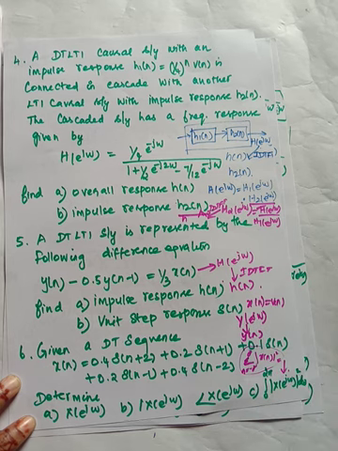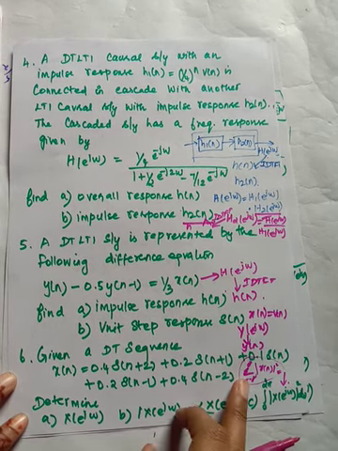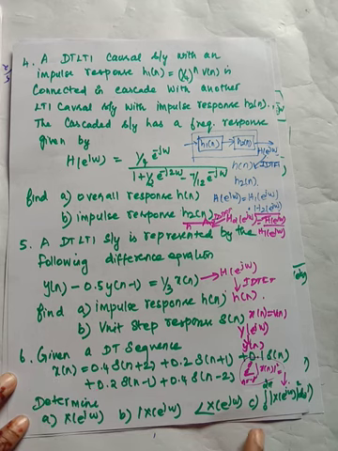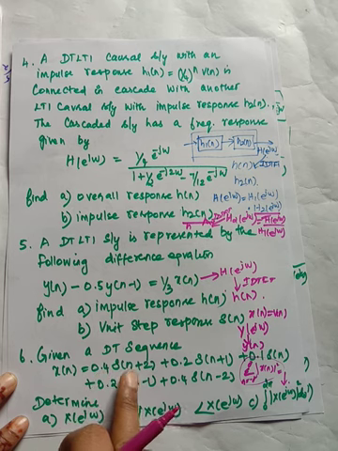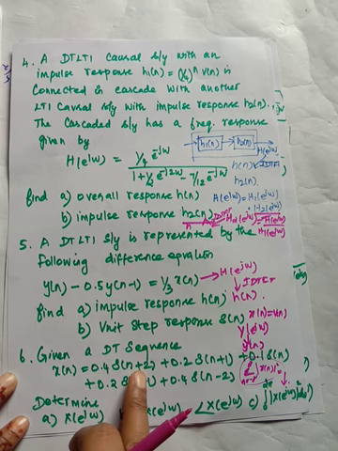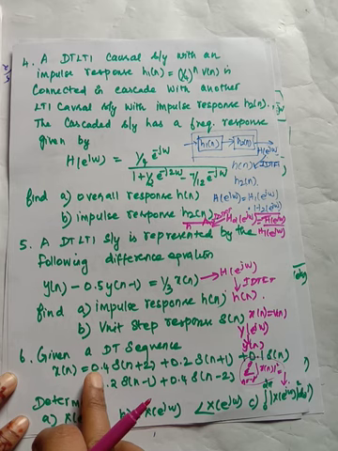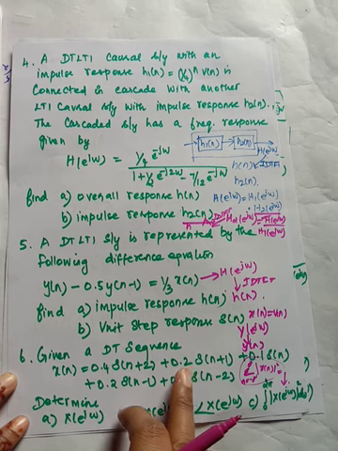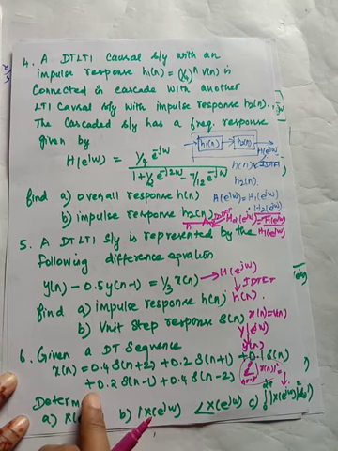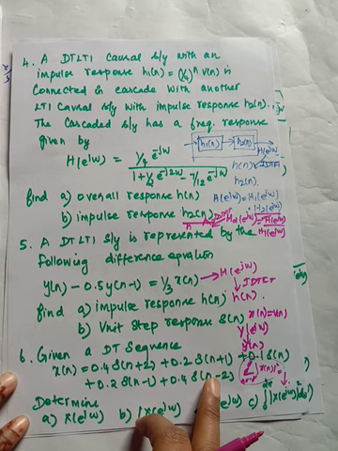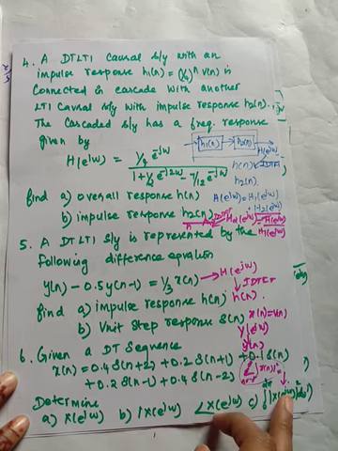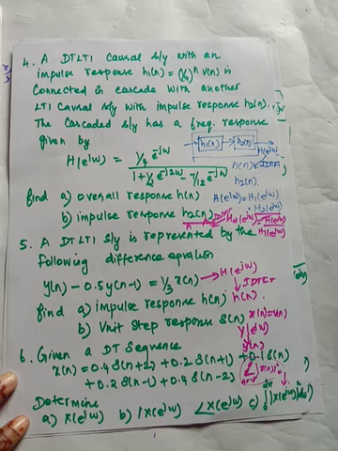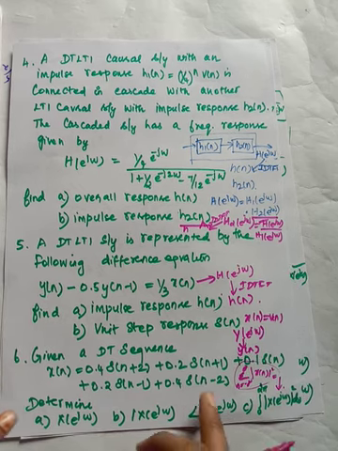So instead of finding this integral, you can find it because you know these x of n values. How will you find this? This is delta of n plus 2. The plus 2 implies n is equal to minus 2, so this is the value at n equal to minus 2. At n equal to minus 1 you have this. At n equal to plus 1 you have the 0.2 value. At n equal to 2 I have 0.4. So taking all these values, squaring and summing, I will get the equivalent. Okay, so this is the procedure to solve this problem.